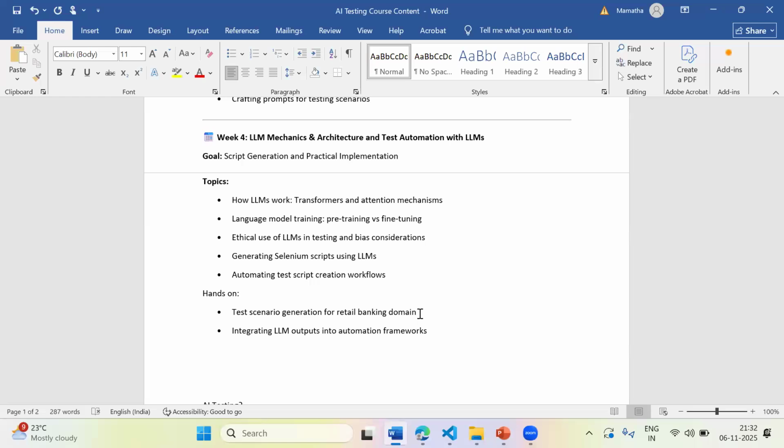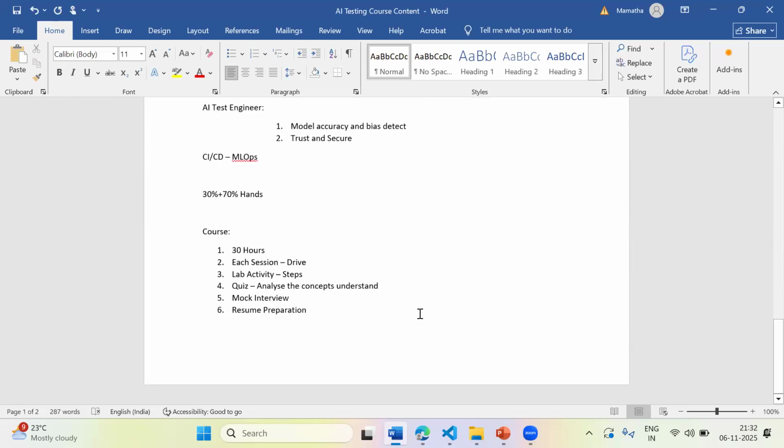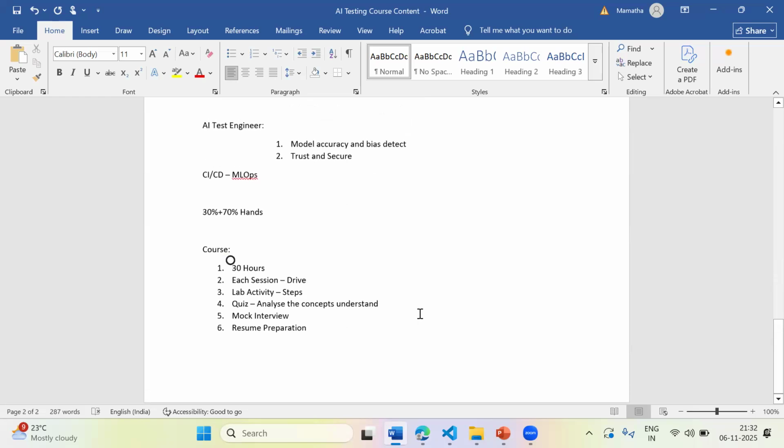So these are the high-level contents that we are going to cover. During the testing, after the session, I'll be giving you these particular concepts that we are going to cover. So we are going to work more on